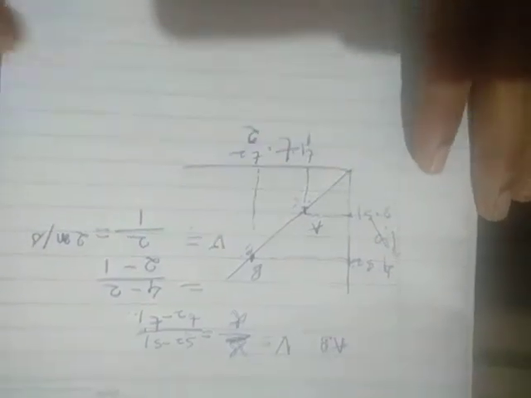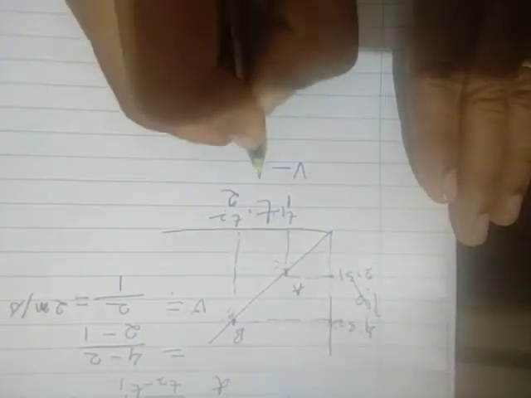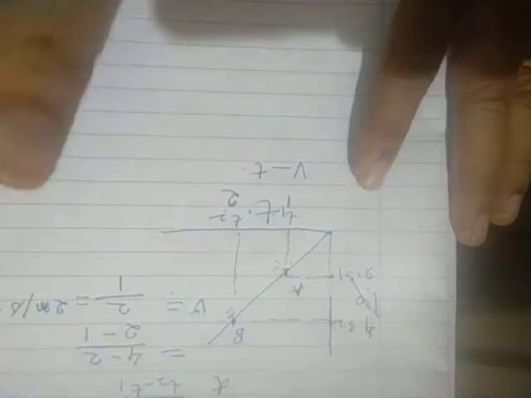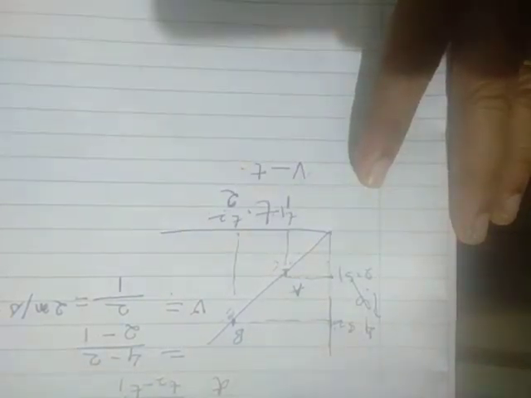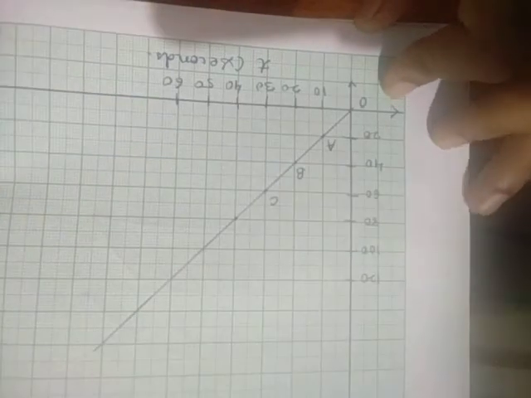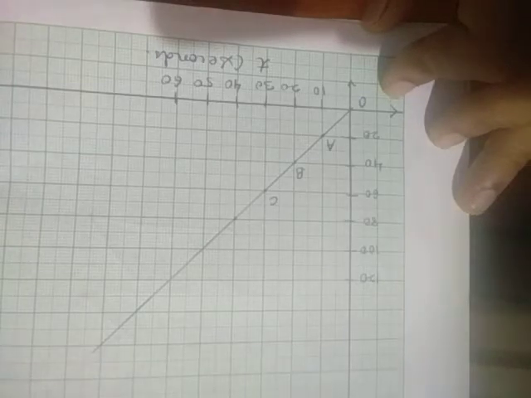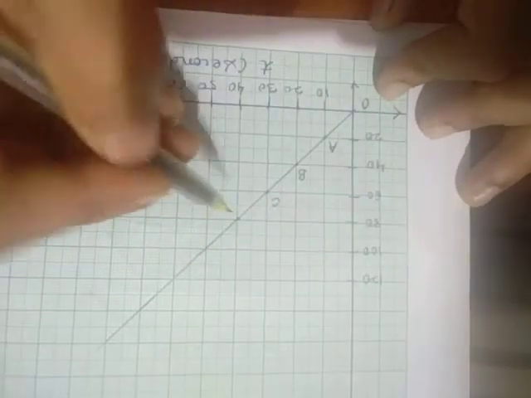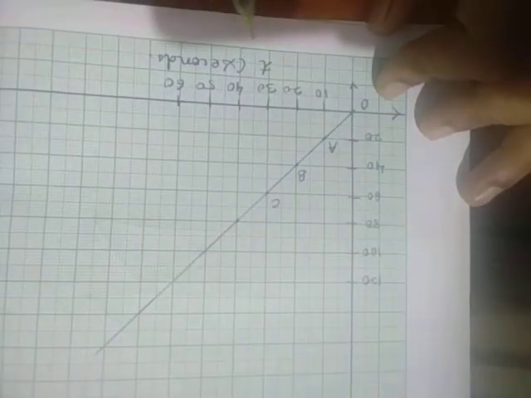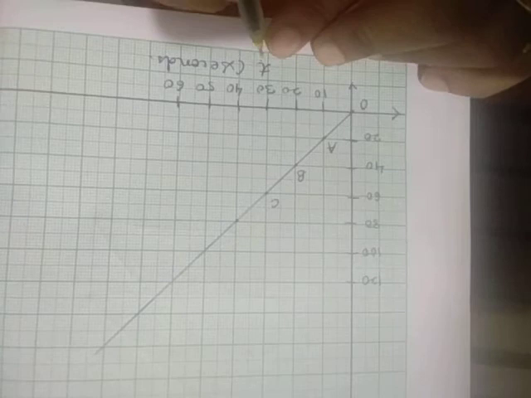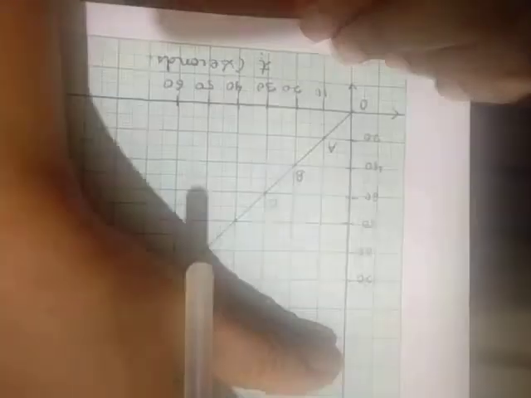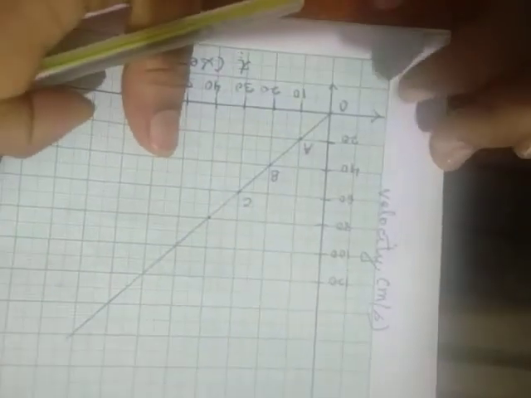Fine. So then what does the velocity time graph give us? So let's see now the velocity time graph. Velocity is nothing but the displacement upon time. So that means it will be measured in meters per second. So for the velocity time graph, when we are plotting, remember always here time will be on the x-axis, since it is the independent variable, whereas the velocity will be written here on the y-axis, and velocity is measured in meters per second. So you will be writing like this, fine, when we are plotting the graph.